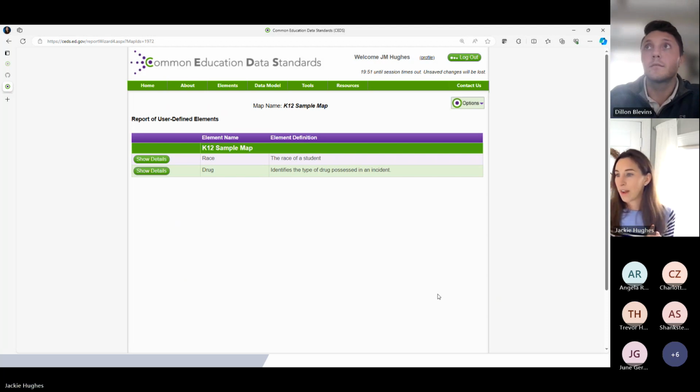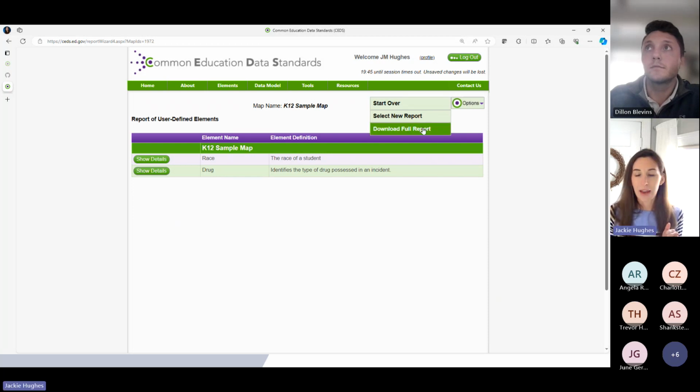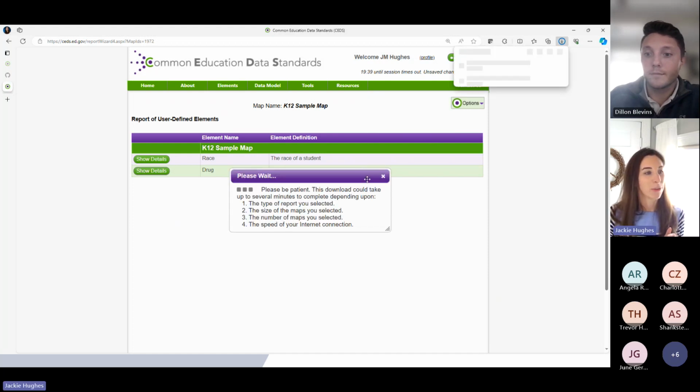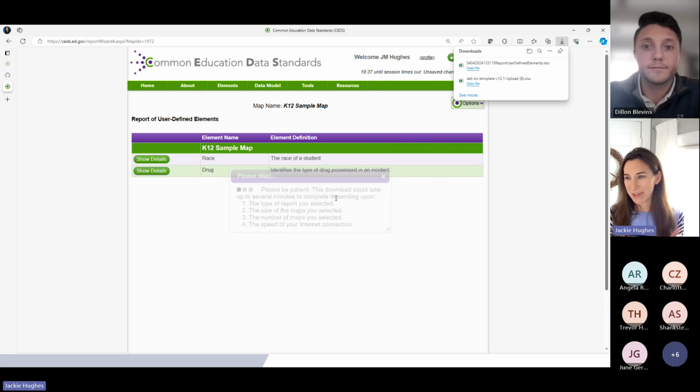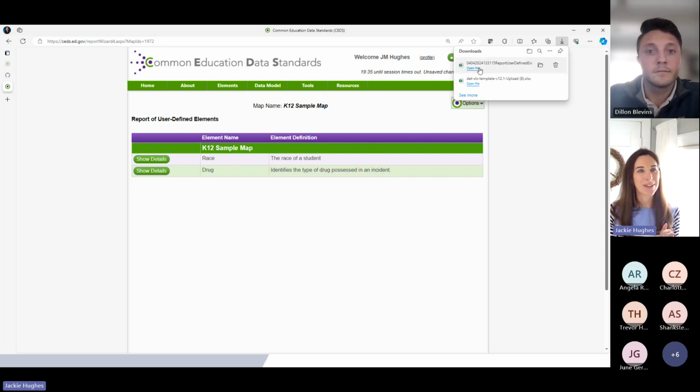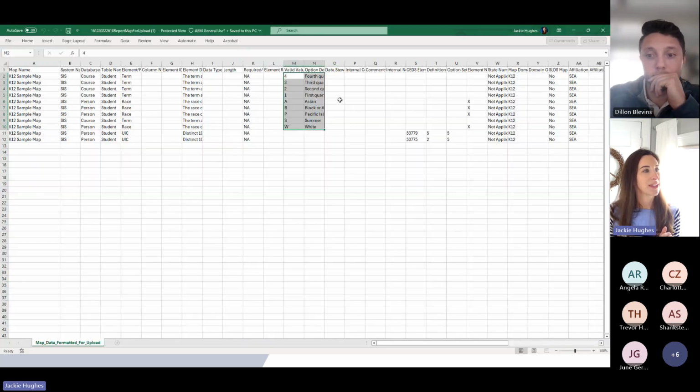So what you can do is go up to options, and you can download this report. If you're doing this, go ahead and select download report, and it tells you to please be patient because sometimes CEDS is a little bit slower than other websites. And then you want to grab your spreadsheet that downloaded,